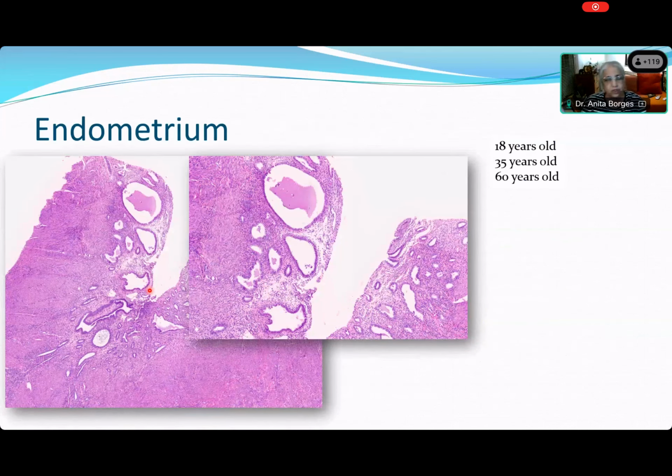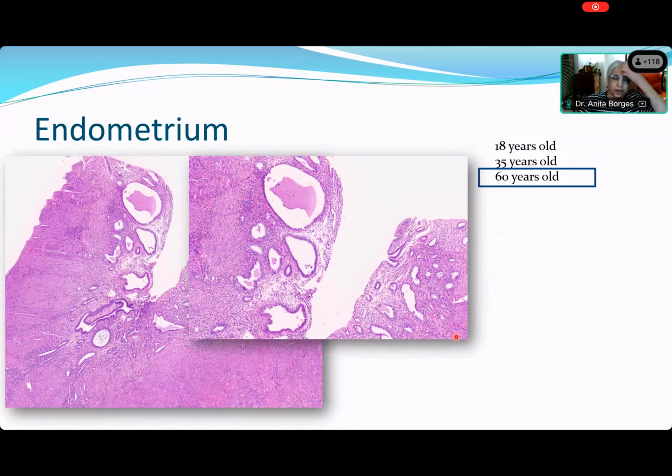All right, now we have the last 3 or 4 cases, and I just want you people to answer these questions. Yes, very good. Come on now, who's there on my screen? I can see Simi. Simi, here is an endometrium. All right, and this is obviously a hysterectomy. This is a section from the hysterectomy. Tell me, is this patient 18 years old, 35 years old, or 60 years old? 60 years old. Very good. Simi is absolutely right.